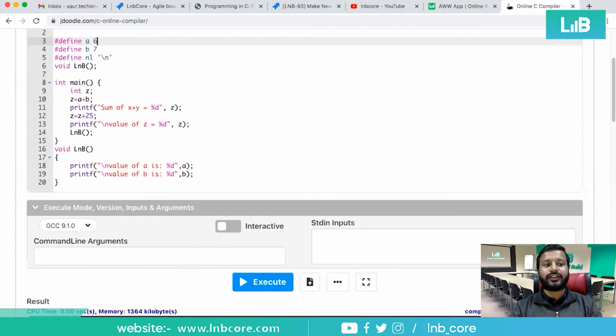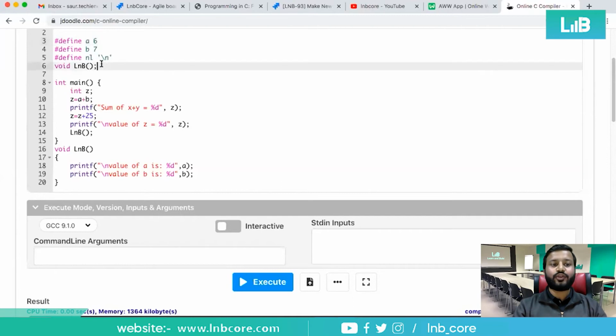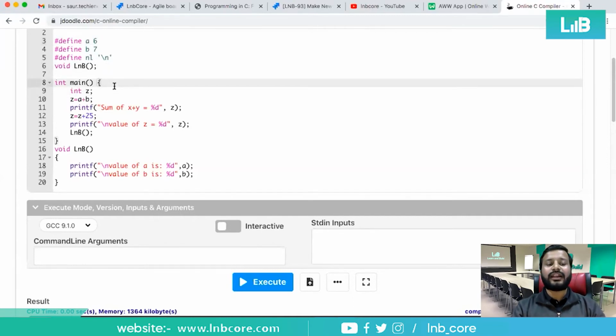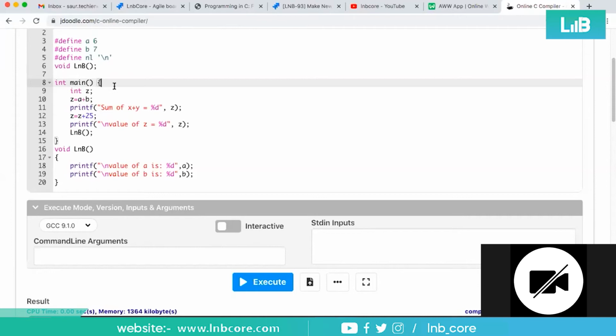But the advantage of using constant is that you can use constant inside the function, which is called as local definition of any particular constant value. Is that okay? Have you understood the differences and meaning of both the type of definitions? Is that clear? सर ये डिफाइन एनएल का क्या मीनिंग है, एक बार दोबारा बता दो.